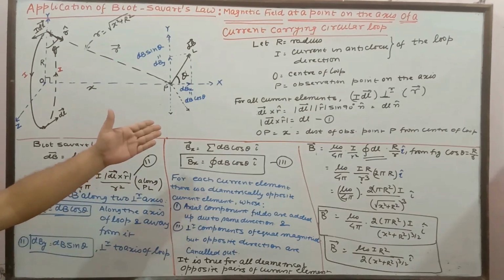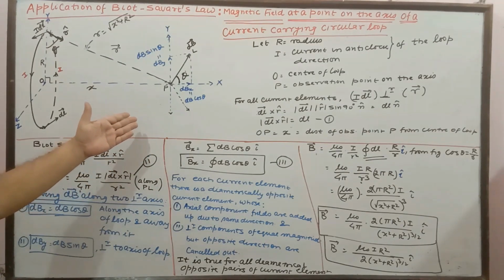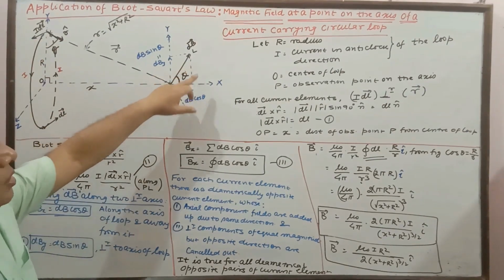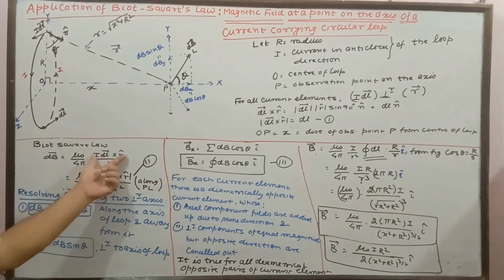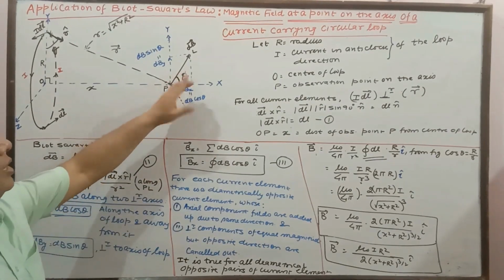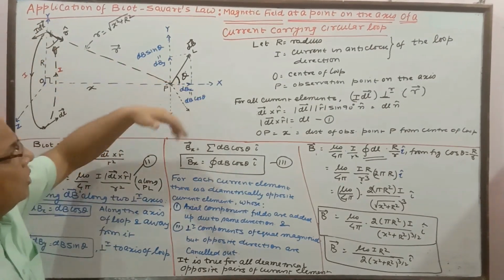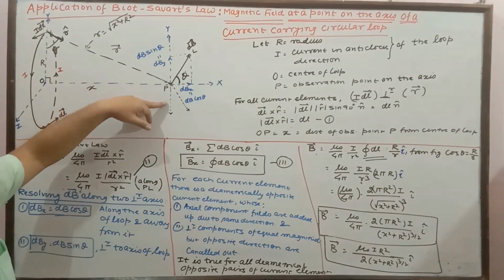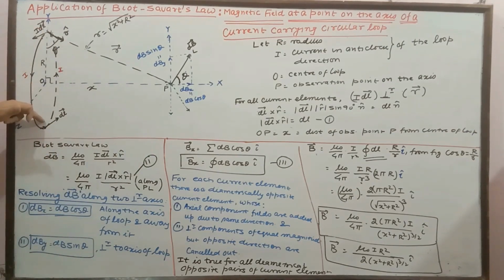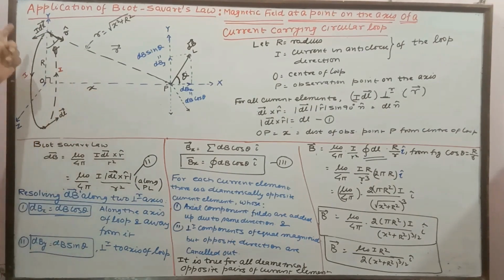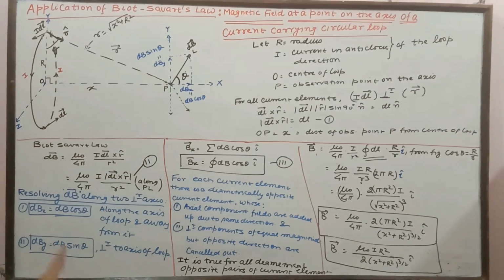Here the same thing is there all the time. DL cross R, first find out that DL cross R is perpendicular to DL and R, and that is along this. That is what you are getting. The magnitude is DL cross R, and the direction is along PL. It has two components, y and x. For all elements, the x components are added up due to the same direction. The y components are subtracted for each and every diametrically opposite pair, and this is true for all the loops. It is possible only due to the symmetrical arrangement of the loop about this particular axis. So everything is written. Now please note down.